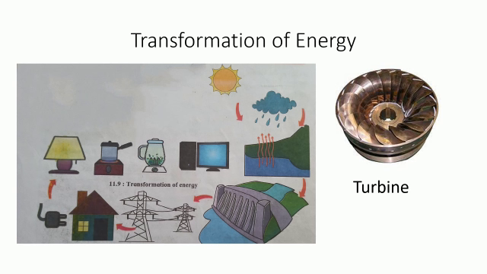These are at a height and therefore their water has potential energy. The water is in a specific state and position, that is why it possesses potential energy. This potential energy is then transformed into kinetic energy as the water falls downwards. When the water falls on the turbine, its kinetic energy is transferred to the turbine. A turbine is a rotating device just like a wheel. It rotates and produces electrical energy.